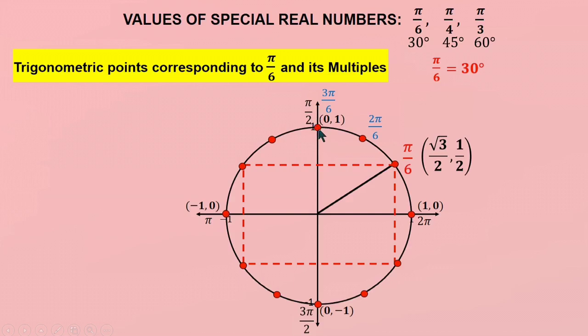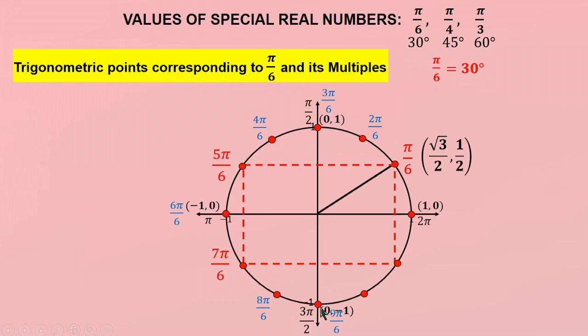correct. This point must always be pi over 2. After this, we have 4 pi over 6, or 2 pi over 3. Thus, this point is 5 pi over 6. After this, we have 6 pi over 6, or pi, which is truly the value of this point. Then this point is 7 pi over 6. Followed by 8 pi over 6, or 4 pi over 3. Then 9 pi over 6, or 3 pi over 2 in lowest form, which is also the correct value of